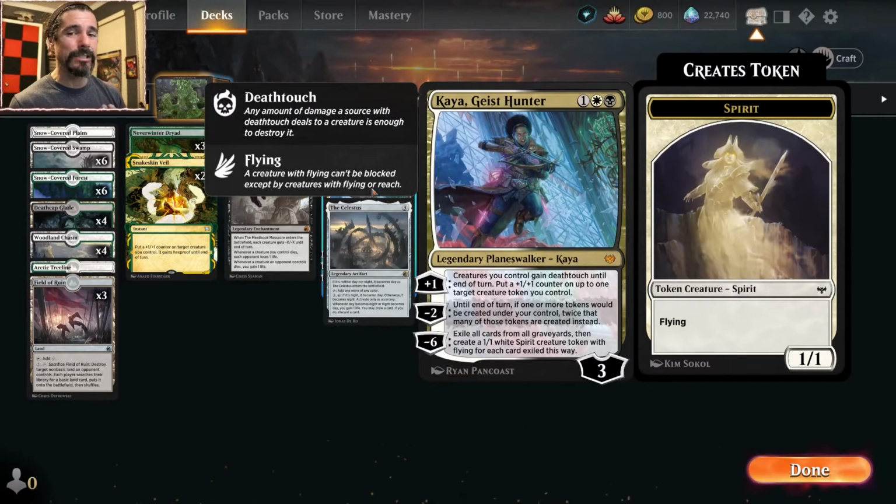It's a little awkward because it is a token. We can't put it on our Consuming Blob, but we can put it on the tokens it creates. But sometimes giving our team Death Touch is kind of nice, makes blocking kind of awkward, right? But here's the reason why we're running it in the deck, the -2. Till end of turn, if 1 or more tokens would be created under your control, twice that many of those tokens are created instead. So we're capitalizing on tokens from Blob, so we get 2 at the end